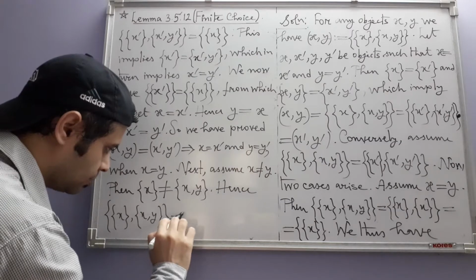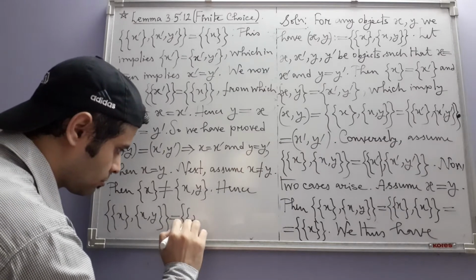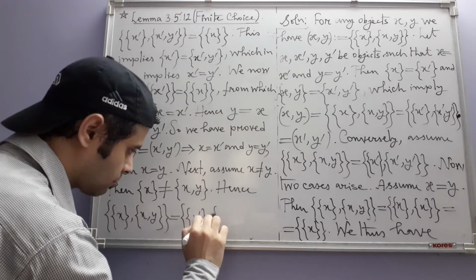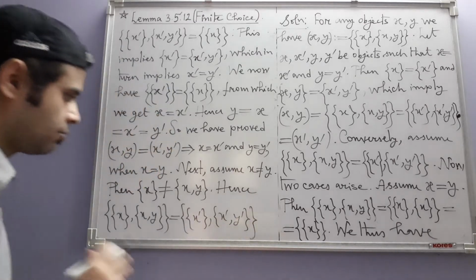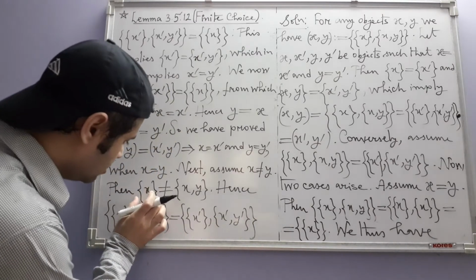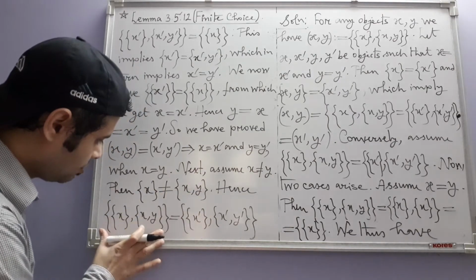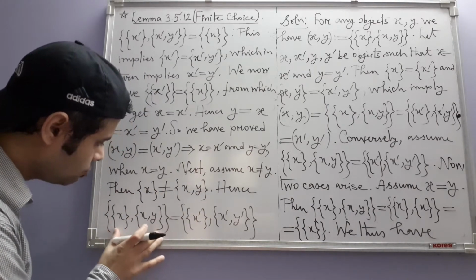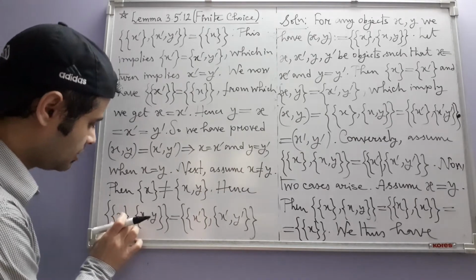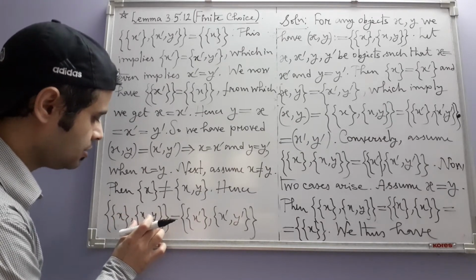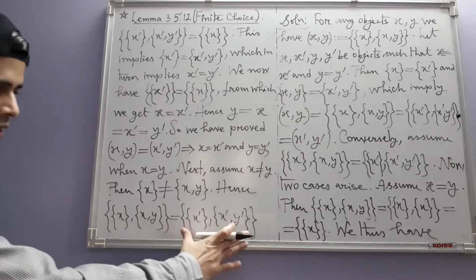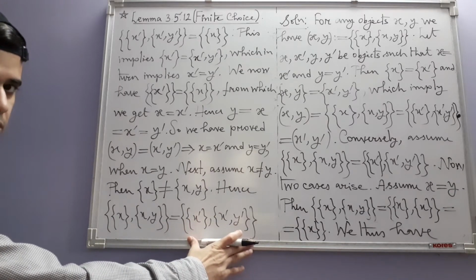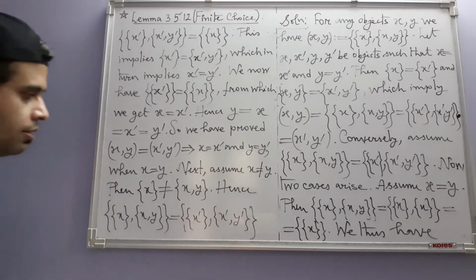Our assumption now implies what? This is not equal to this, so that means this set has two elements. One of them is this set and one of them is this set, and they are different. So this set has two elements, so likewise this also must have two elements because they are equal. Hence this implies